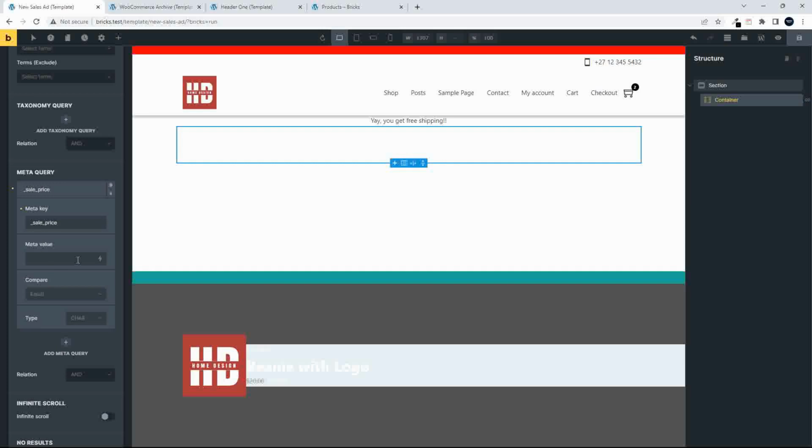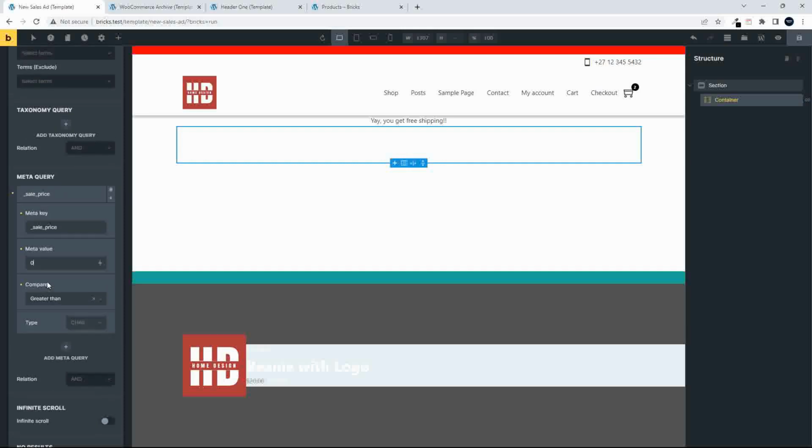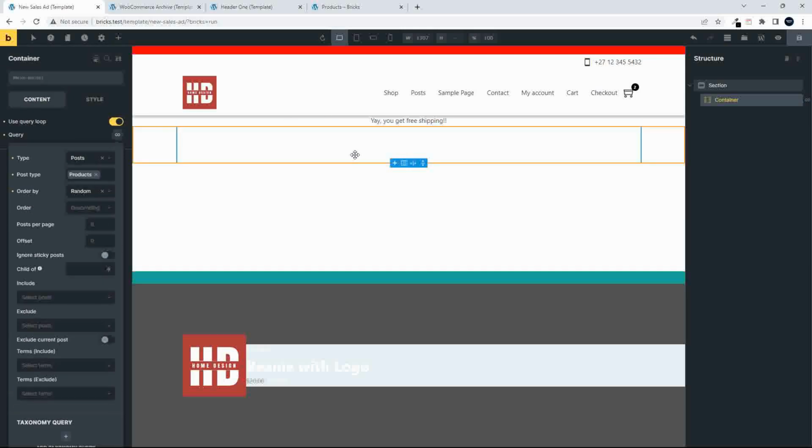The compare I set to greater than, and then the meta value I set to 0. So any item on sale with a price greater than 0 qualifies to be in this container. Right, next thing that we're going to do, I'm just going to save that, and then add another container inside this one,